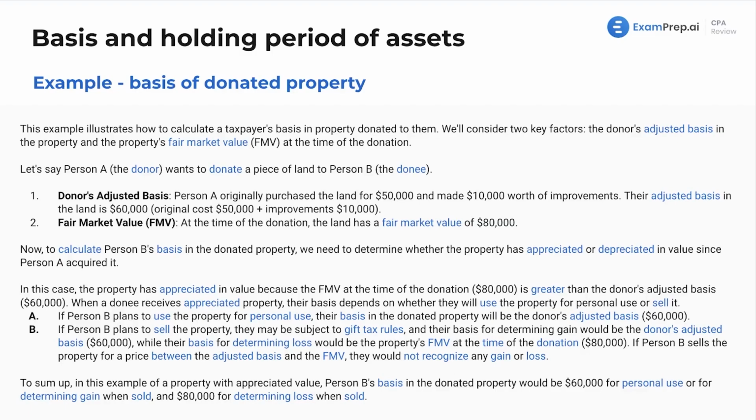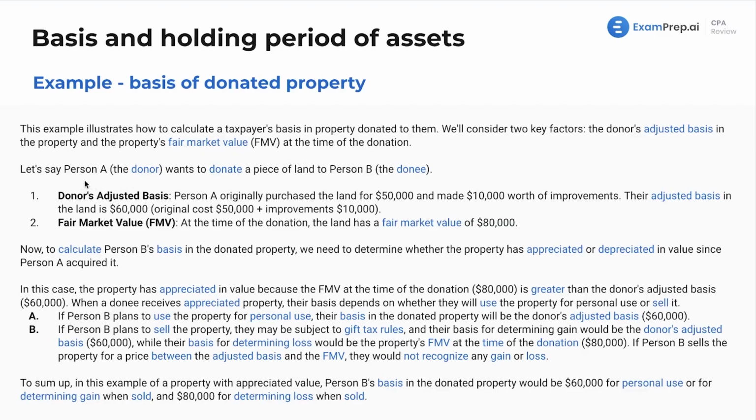Now here, let's talk about what happens if we donate property. This example illustrates how to calculate a taxpayer's basis in property donated to them. So this is not dealing with the corporation. I was just bringing that up because I thought it's kind of funny. We'll consider two key factors. We've got the donor's adjusted basis in the property and the property's fair market value at the time of the